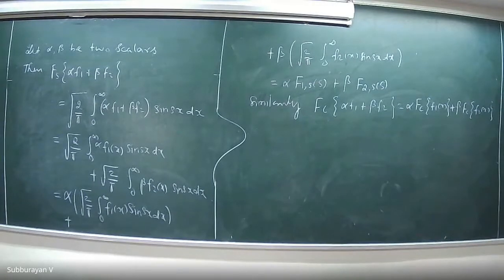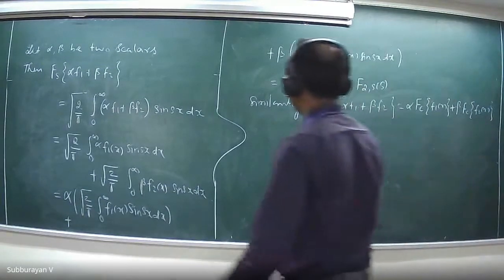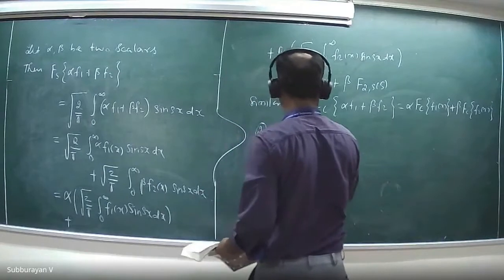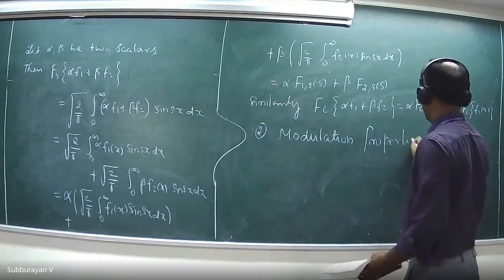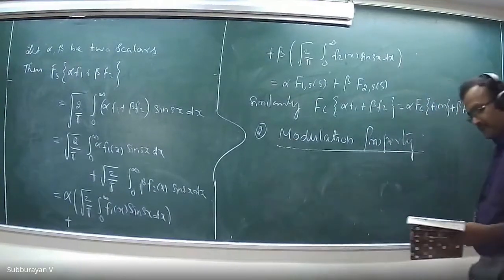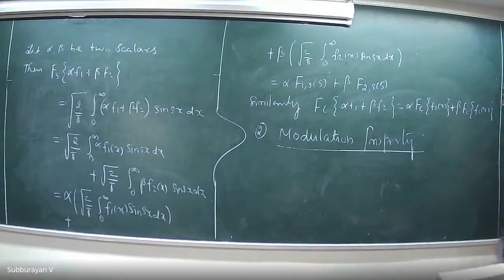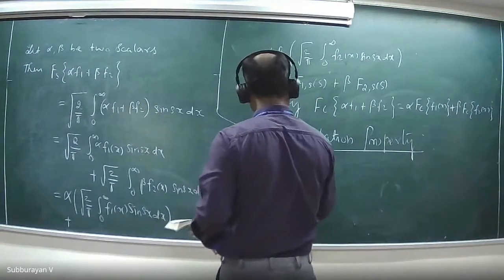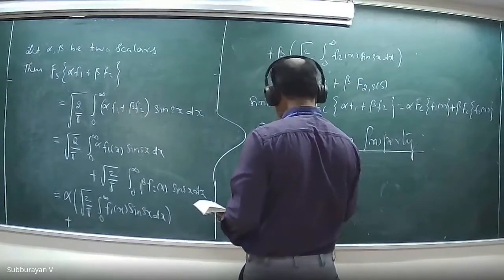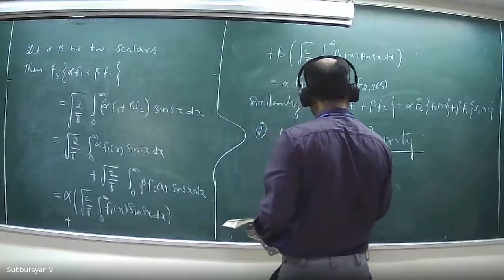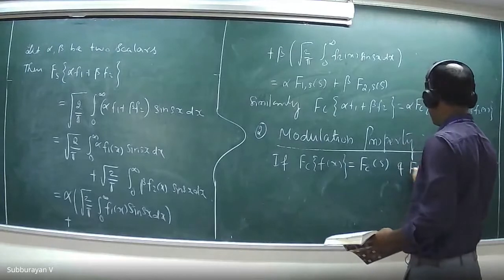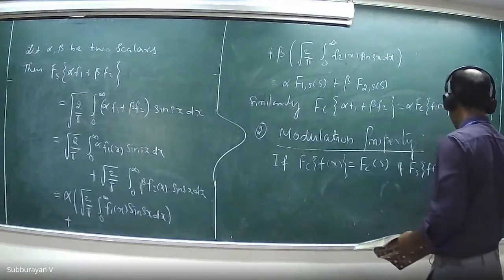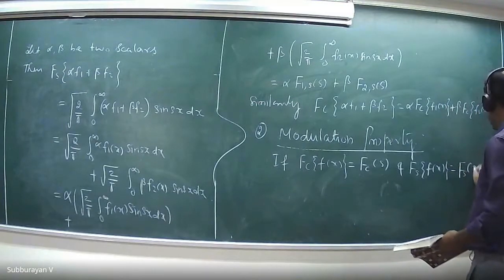Yes, and then the second property is the modulation property. Under this there are four subdivisions. If the Fourier cosine transform of f of x equals fc of s and the Fourier sine transform of f of x equals fs of s, then